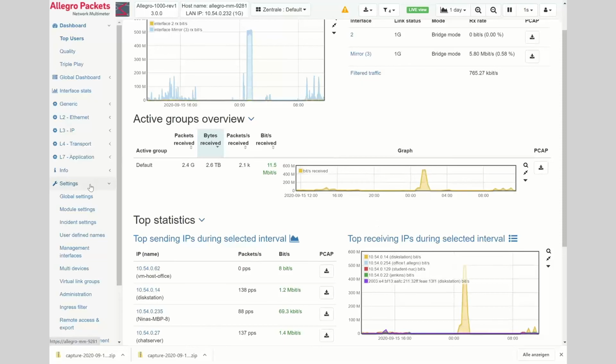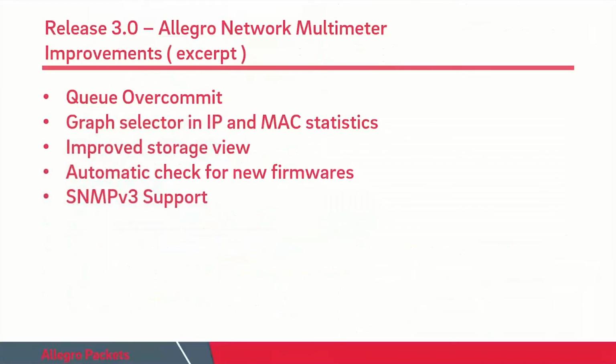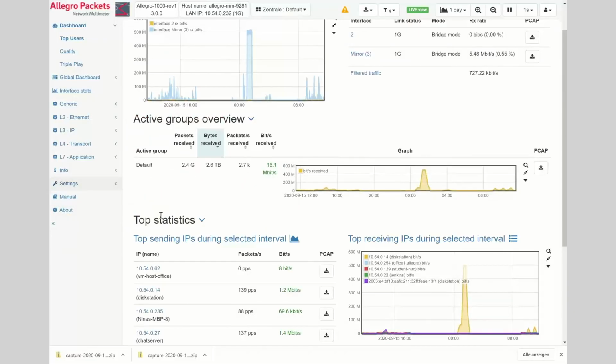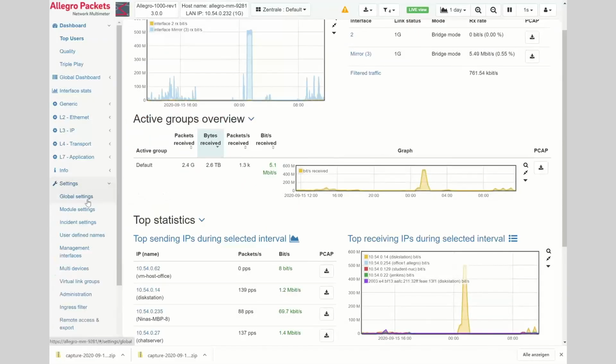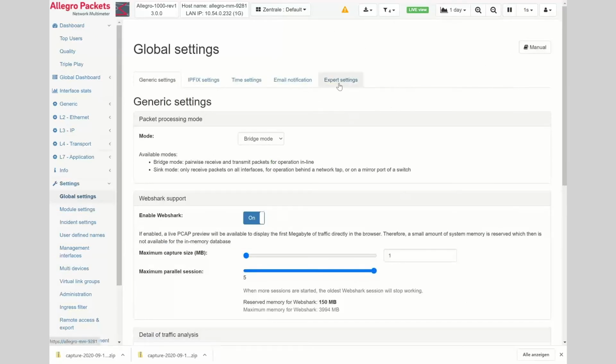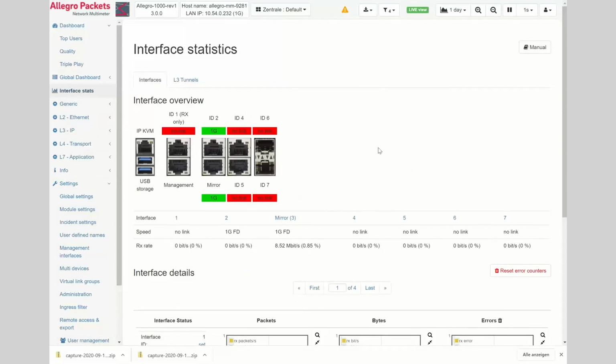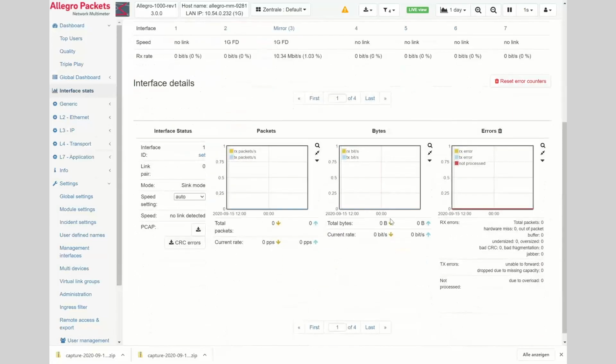Okay, that was ER-span. So coming back to my list, next item is queue overcommit, which sounds very complicated and cryptic, but it is quite simple. We have seen in some installations of very, very large Allegros with 10 gig and above that on and off we have seen a few packets not processed because of overload. We debugged a lot. How could that happen? Because we had a lot of resources free, everything. The case is quite simple.